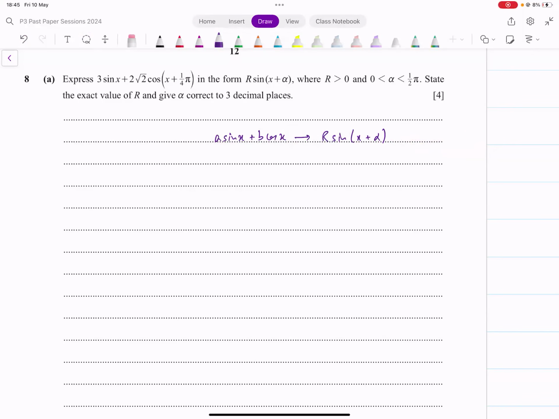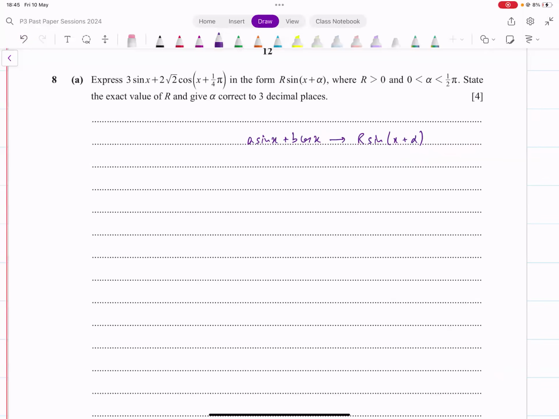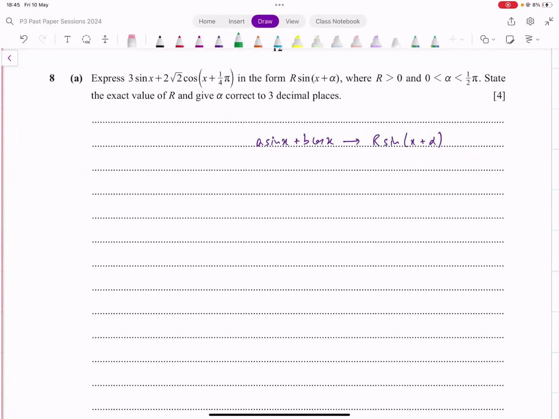This is the conversion that you can do, for which you can use the formula r equals square root of a squared plus b squared, and then tan alpha equals b over a. But that's not the form you have because the angles here are different. So first of all, you need to apply the compound angle identity for cos and expand this thing. Let's do that first of all. So it becomes 3 sine of x plus